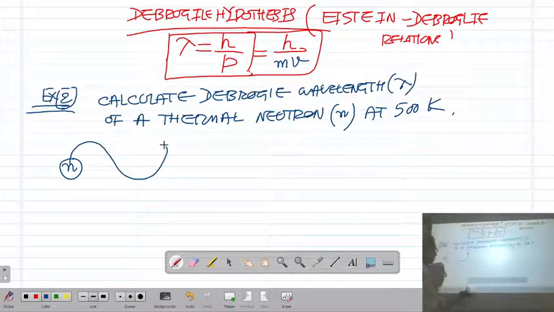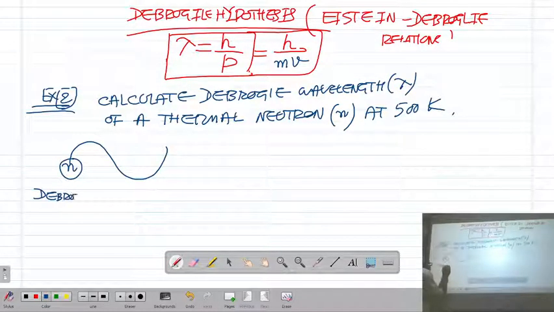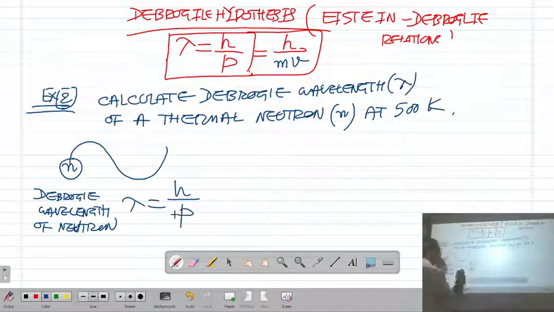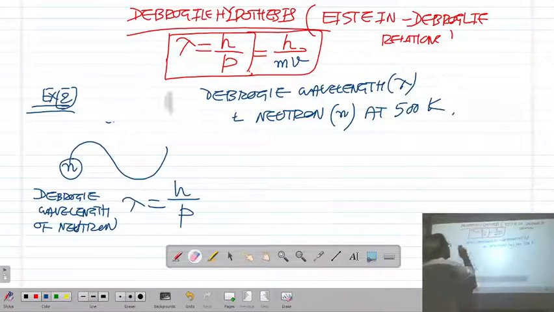Right? Okay. So you know the equation. The de Broglie wavelength lambda is given by h upon p. Lambda is equal to h upon p. So let us calculate the de Broglie wavelength of the wave associated with the thermal neutron. Now in order to find out the momentum p,